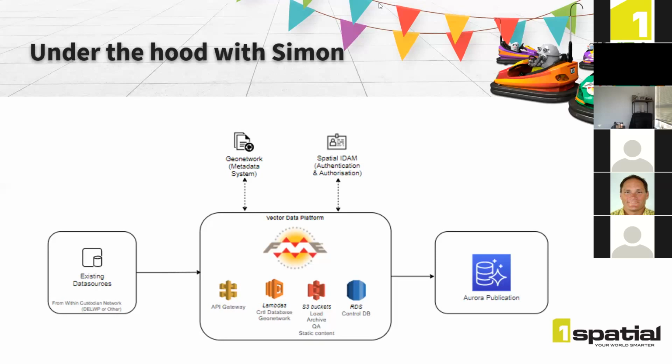So as Anthony showed you through the UI screenshots, data custodians in this diagram on the left have a variety of options to make use of the platform and load their data. One of those is the web interface, which you've seen some screenshots of. The other option is automating their loads via a series of APIs. What this means is that if data custodians have their data hosted and maintained in one system, they could automate the process, either using FME or Python or any other scripting language, to take a snapshot of their data that is currently changing and up to date,